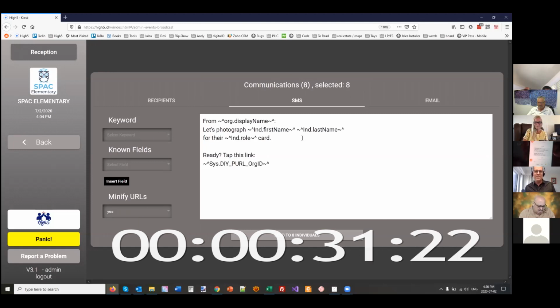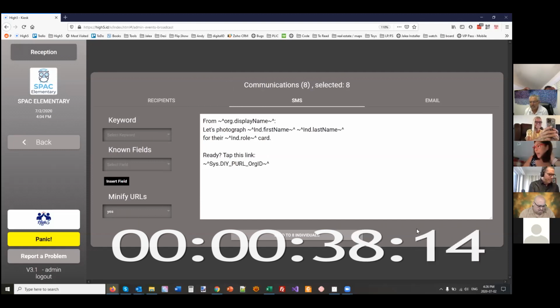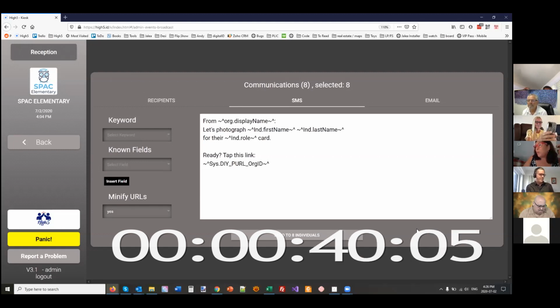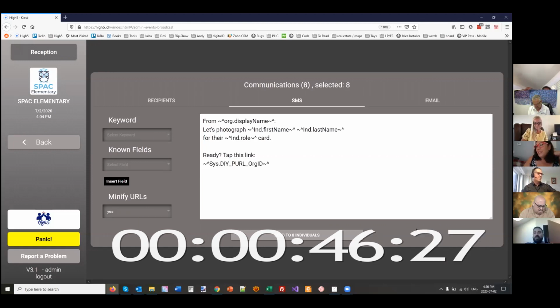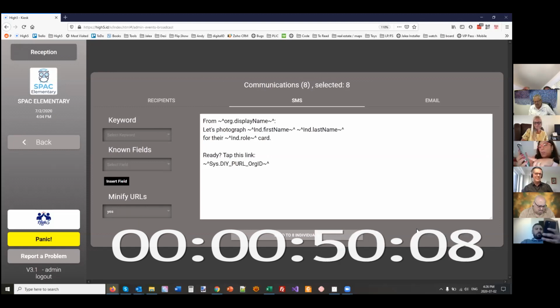Cool. Go ahead, Corey. So tell me what it says. I'm showing it, so let me read it. It says, from SPAC Elementary, let's photograph Corey Cooper for their student card. Okay, ready? So you notice it was personalized. It not only went to your phone, but of course it had your information associated with it. It says ready, tap this link, and then it has a link right in here. So I'm going to tap the link,